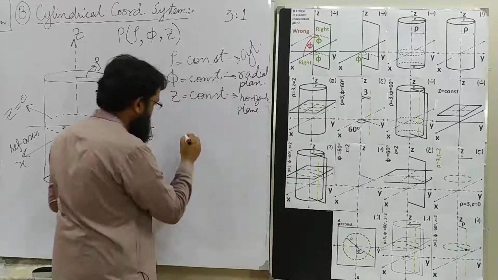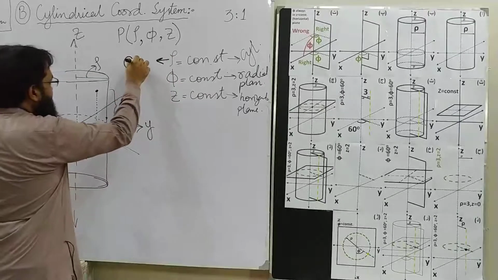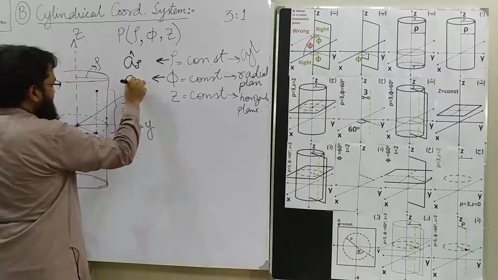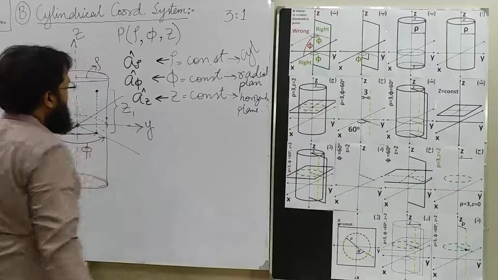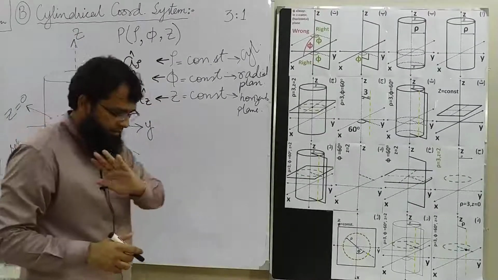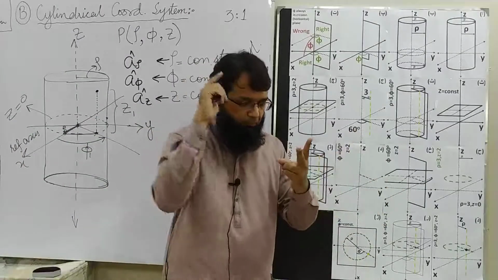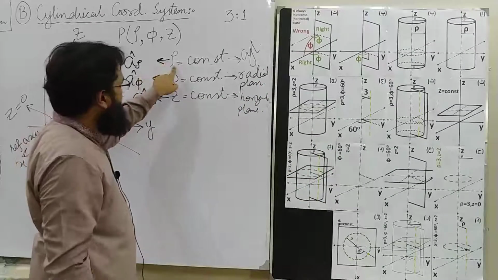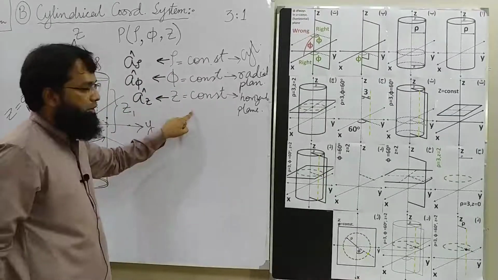primitive unit vectors, we all know that since we have got 3 fundamental surfaces, we should have 3 unit vectors, primitive unit vectors. All right, there we go, 3 unit vectors. And remember the properties of these 3 unit vectors. All of them have got unit magnitude, granted, no discussion about that. 2 major properties: a rho is perpendicular to rho equals constant, a phi is perpendicular to phi equals constant,